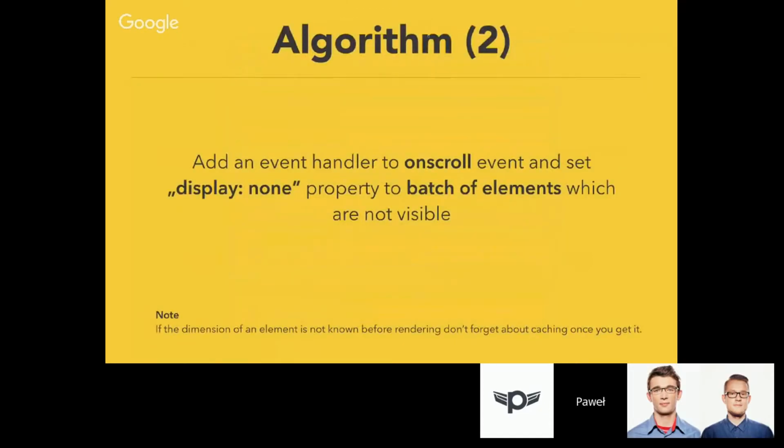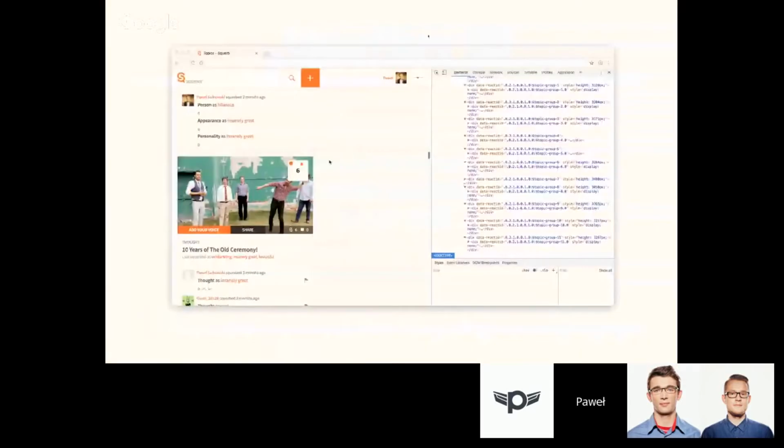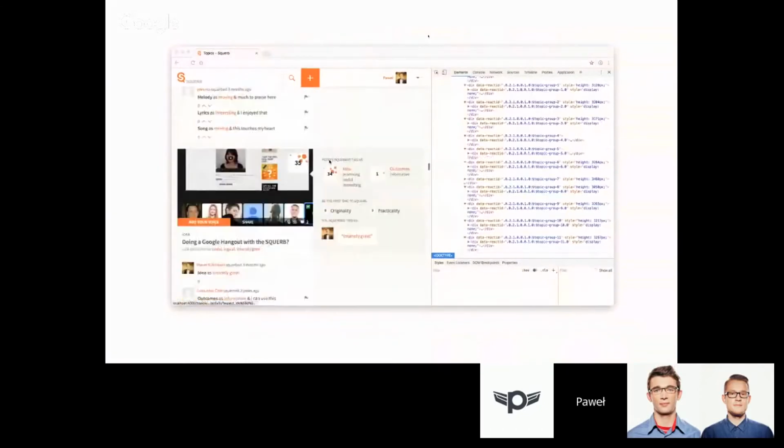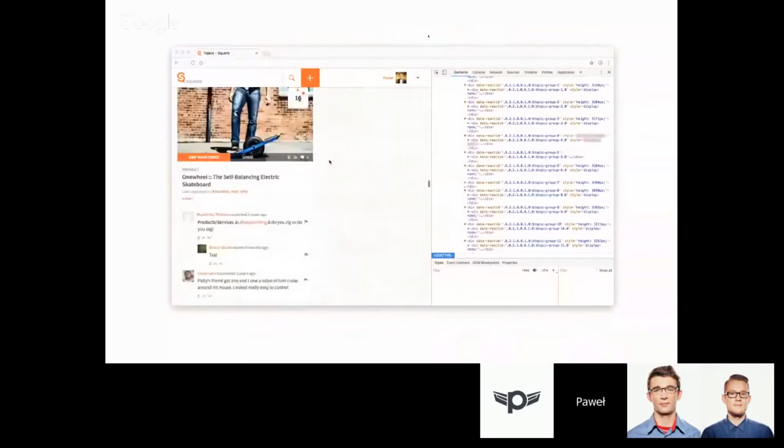Okay, so there's a better version of this algorithm, and the only difference is that you don't have to iterate over each element in your list, so we can group them into batches, and the rest of the algorithm stays the same, and your performance is even better. And I recorded a short video that shows how the DOM waves